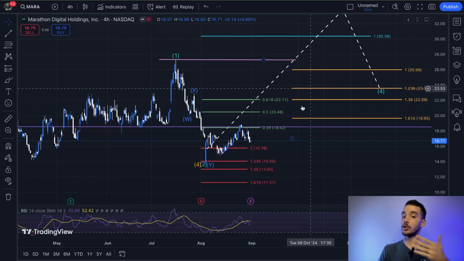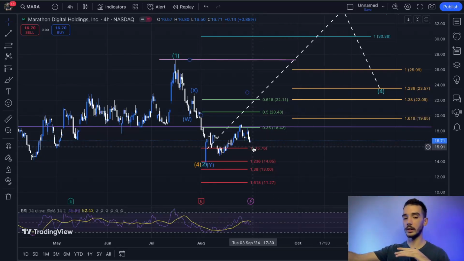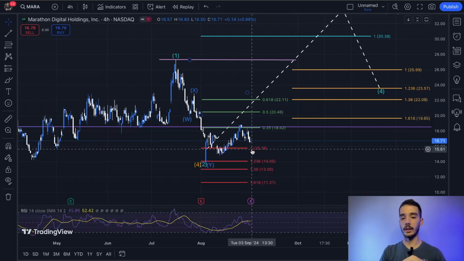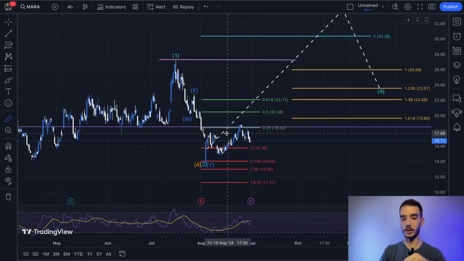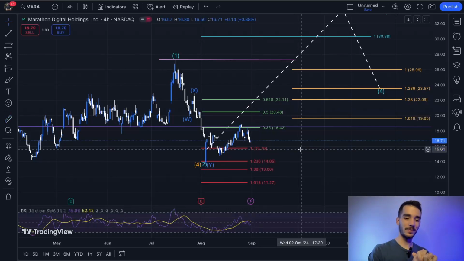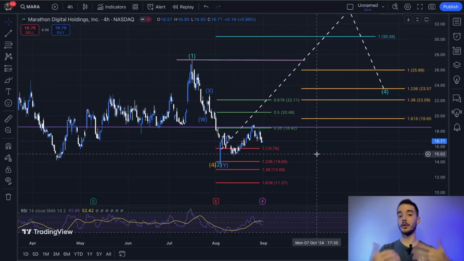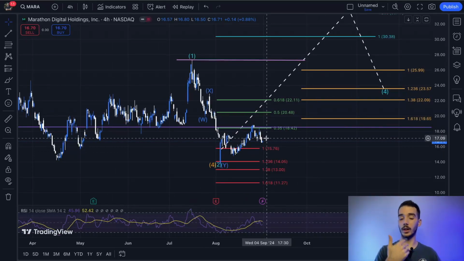So it's still possible. Ideally, I would like to see this dip just early into the market after tomorrow. It's Monday, and then if we can see just a quick brief intraday low, tapping into this area right here, if we can see like a 6% drop, that's going to be a better scenario for me personally, because it's going to make things a lot more clear, and it's going to create a lot more